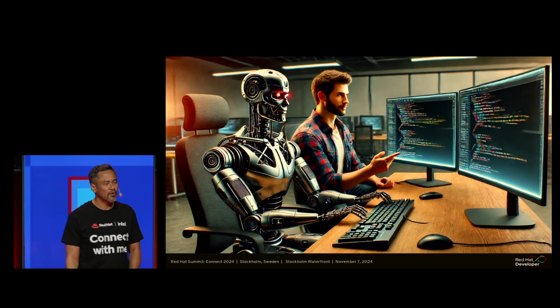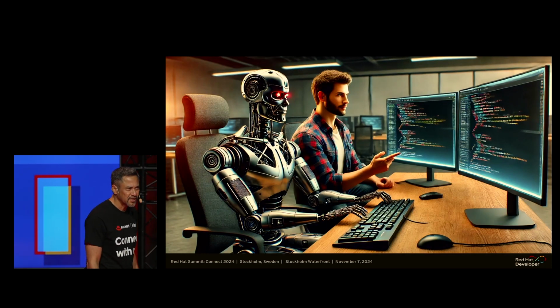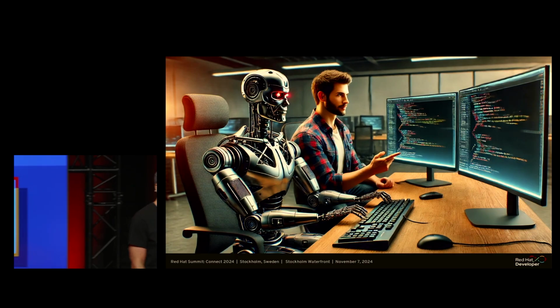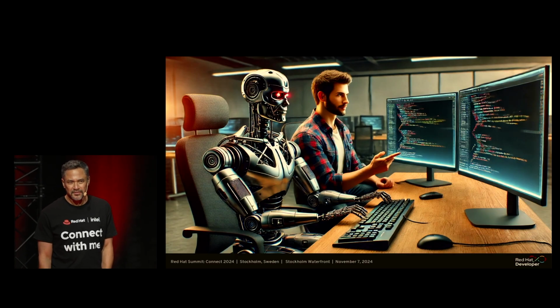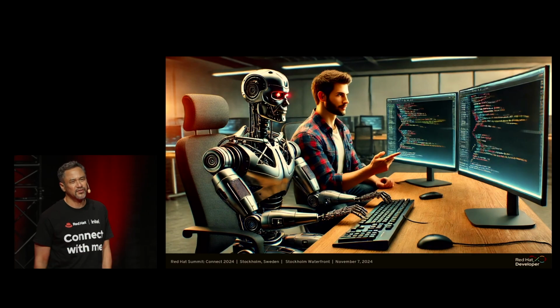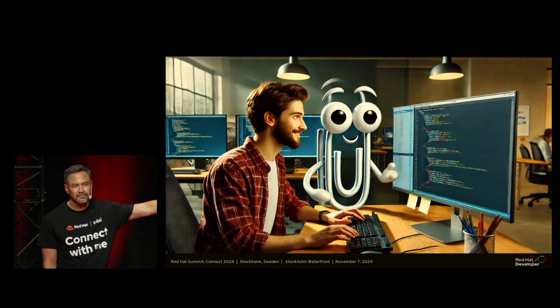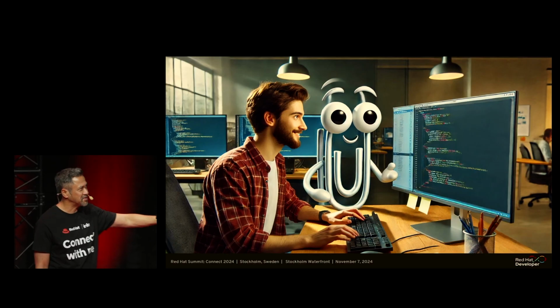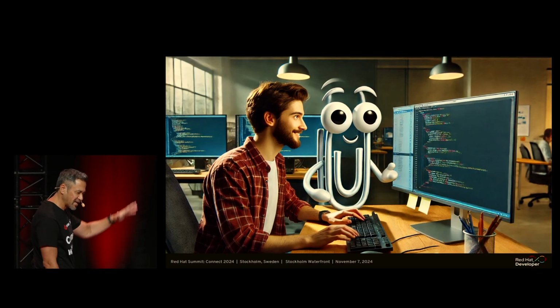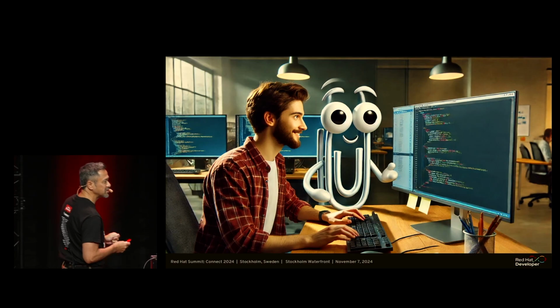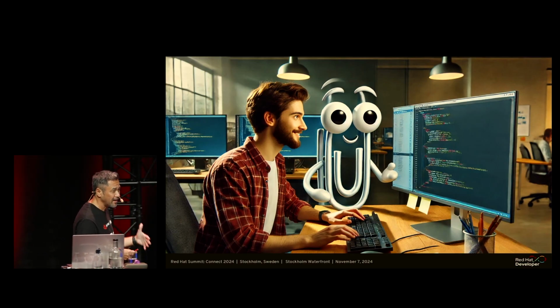But I know a lot of people are worried about these new AI tools that help you generate code. Are we introducing the Terminator into our code? Some people worry about that. I'm here to tell you it's not Terminator. It's actually more like Clippy. If anyone remembers Clippy. We're going to get a nice, helpful little assistant there that's super cute. But that's just kind of a joke. But just thinking about that when it comes to these tools, they're there to assist us and help us build